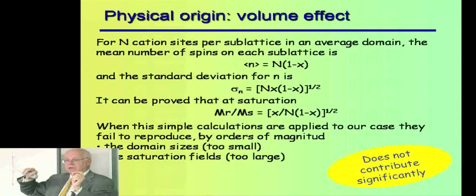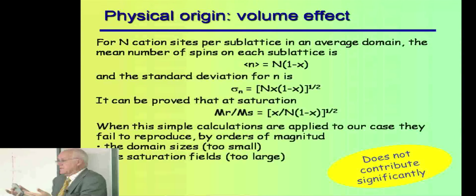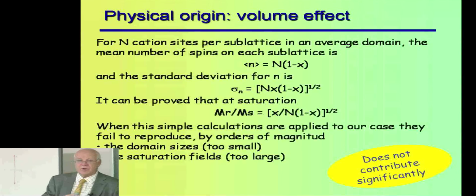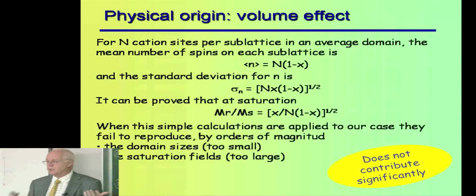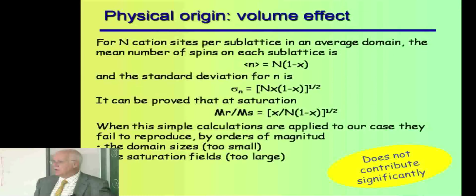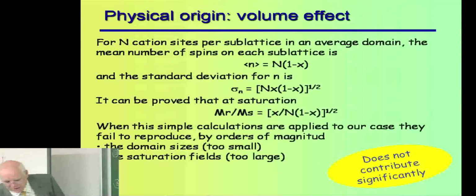The standard deviation is going to produce an excess of magnetization because one sublattice has some few moments aligned in a given direction more than the other one. We made the calculation, and we made the estimation of how much you expect, and then compare with your results, and we find that we are 1,000, 10,000 times, 3-4 orders of magnitude higher than the magnetization expected from the standard deviation. So